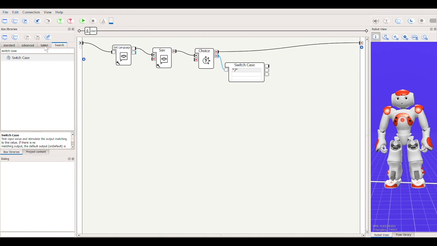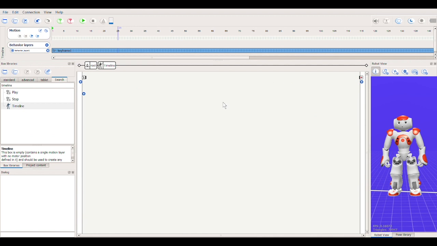So now what we do is that we want to have different reactions for our answers. So let's say we want our robot to nod for a correct answer. So if you get this question correct, we want our robot to be able to nod its head. Well, then we would go to the search bar and search up timeline, sorry, and drag it over. So if we double click on it, what a timeline does is that it is able to make the robot have